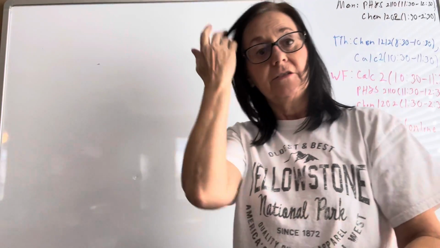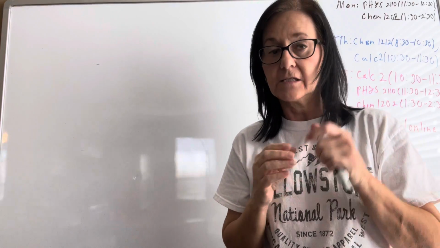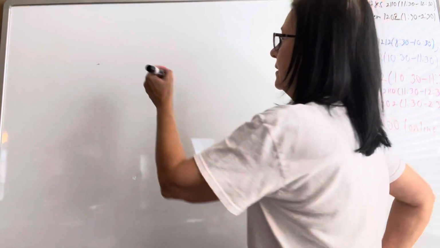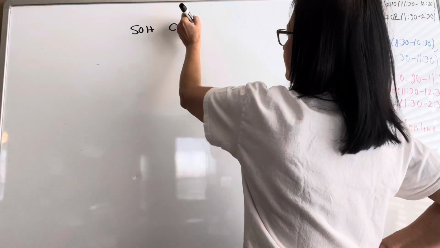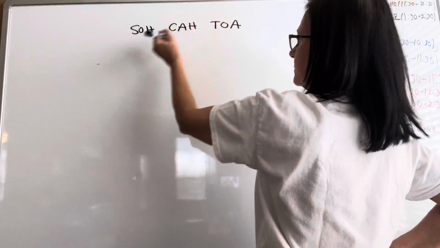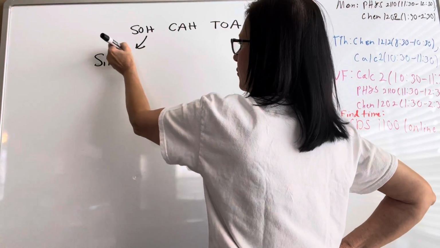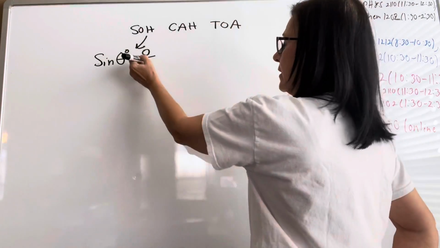Okay, this is geometry, a review for lessons 4 and 5 from chapter 11 on sine, cosine, tangent. Remember SOHCAHTOA. The SO is the sine of any angle equals the length of the opposite side over the length of